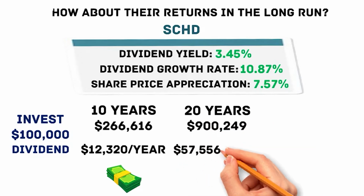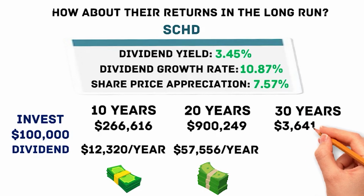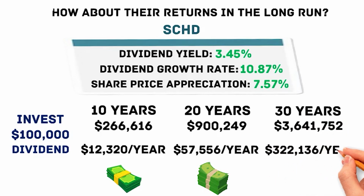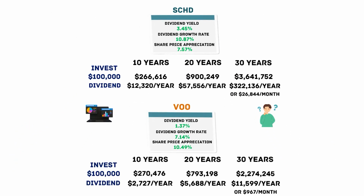$57,556 as annual dividend. After 30 years, the portfolio would be $3,641,752. Now the annual dividend is $322,136. On average, you would receive $26,844 per month. By investing in SCHD until the 30-year mark, your portfolio would have an extra $1,367,507 compared to VOO. Every month on average, your portfolio would have extra